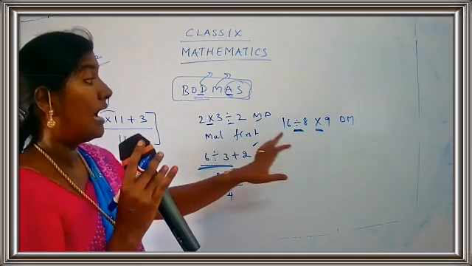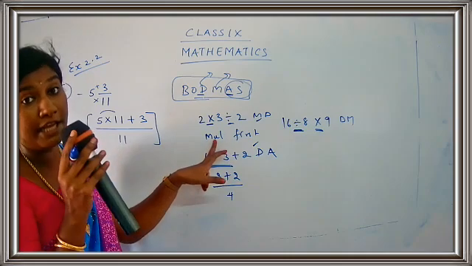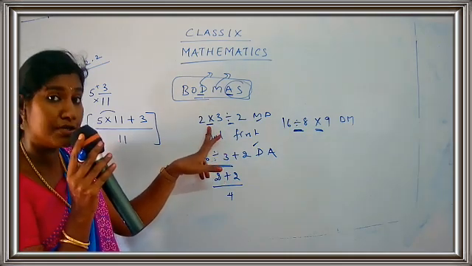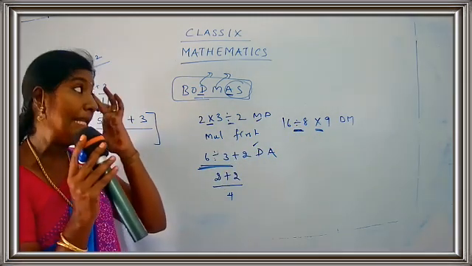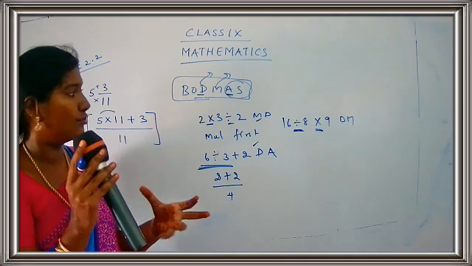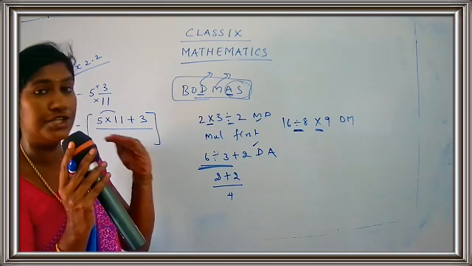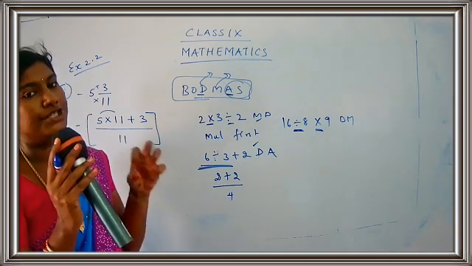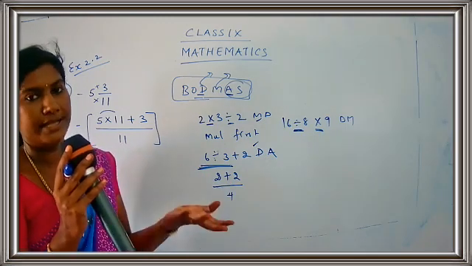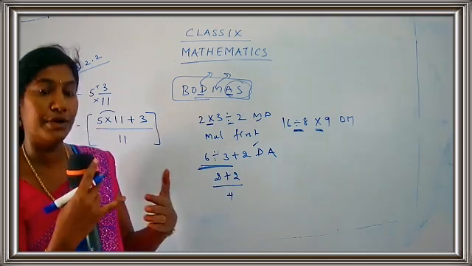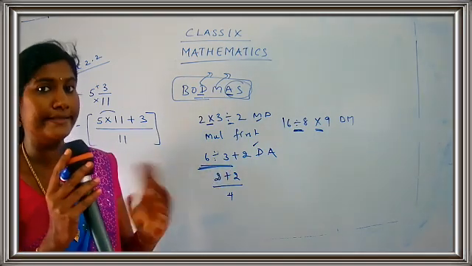That means I have to do the division part first. See here, what did I say? You have to do the multiplication first because multiplication has come first. Here, what is coming first? Division. So remember, when you are dealing with a BODMAS rule or a BEDMAS rule, you have to follow the operations properly. Division and multiplication are equally weighted, and addition and subtraction are equally weighted, so they are the same. You cannot break addition and subtraction, and you cannot break division and multiplication. They should be considered the same.